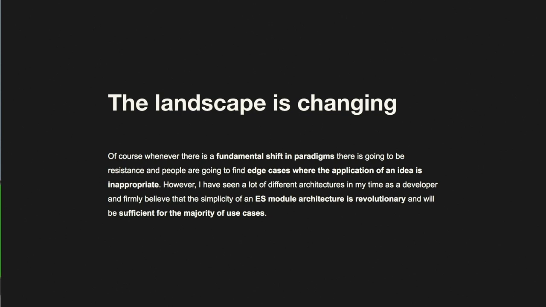But I've seen a lot of architectures and a lot of apps in my time, 10 years of web development, and I think the simplicity of ES modules will prevail, and it probably is suitable for like 90–95% of major use cases. But I'd like you to challenge that, or try it out at least, and let me know how it